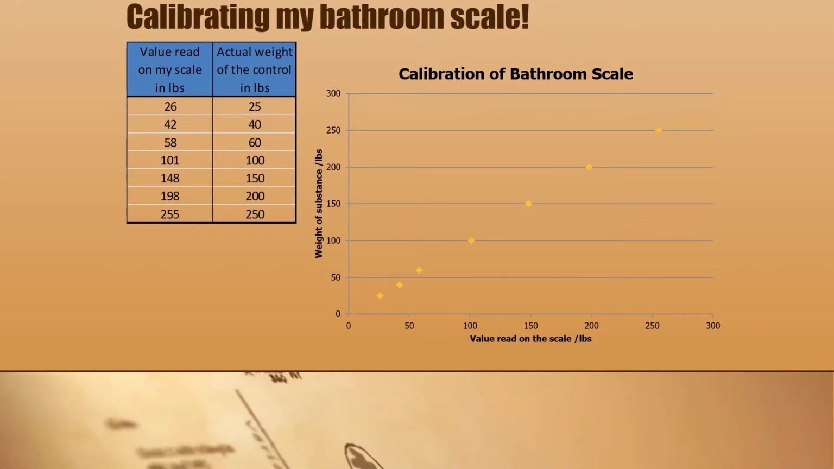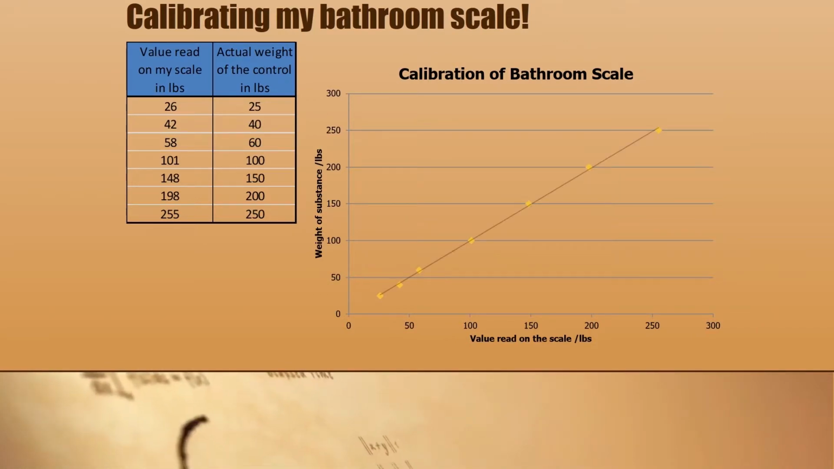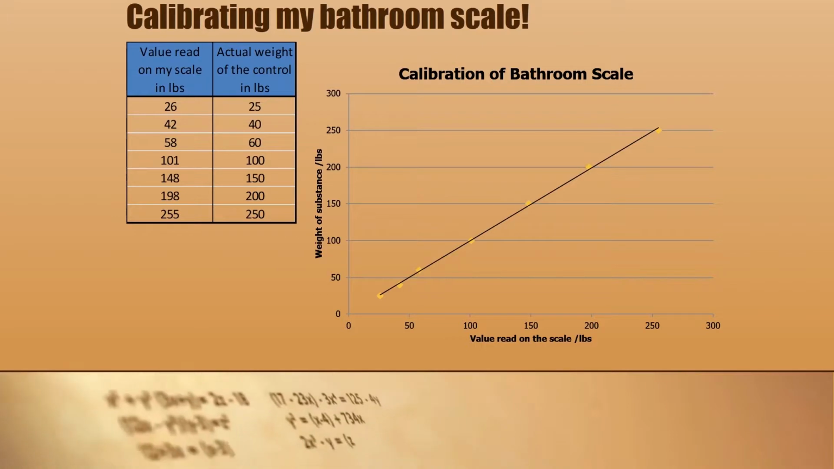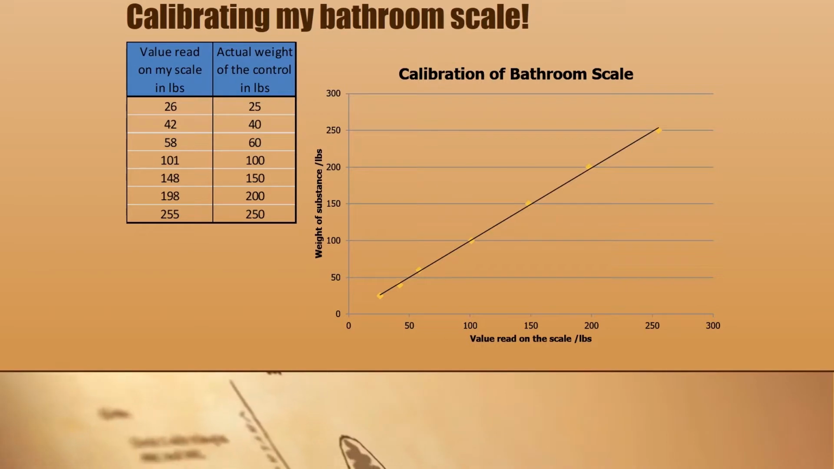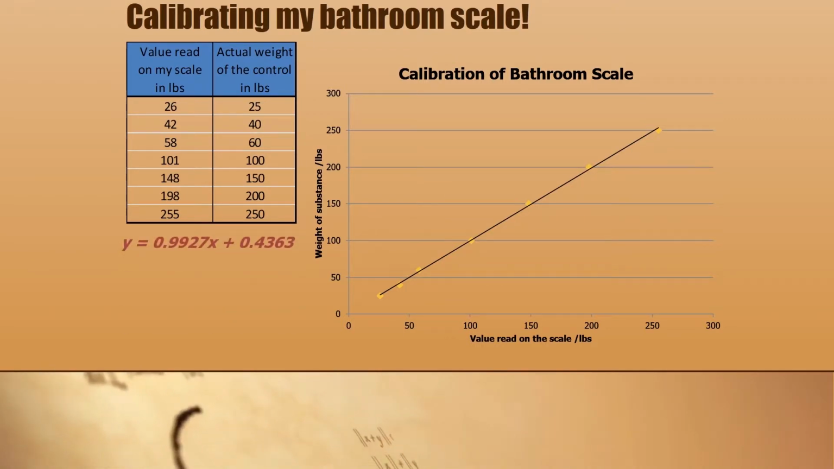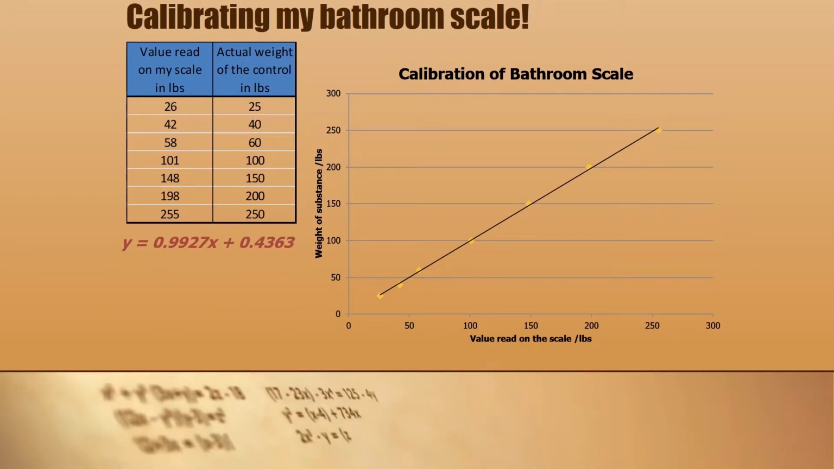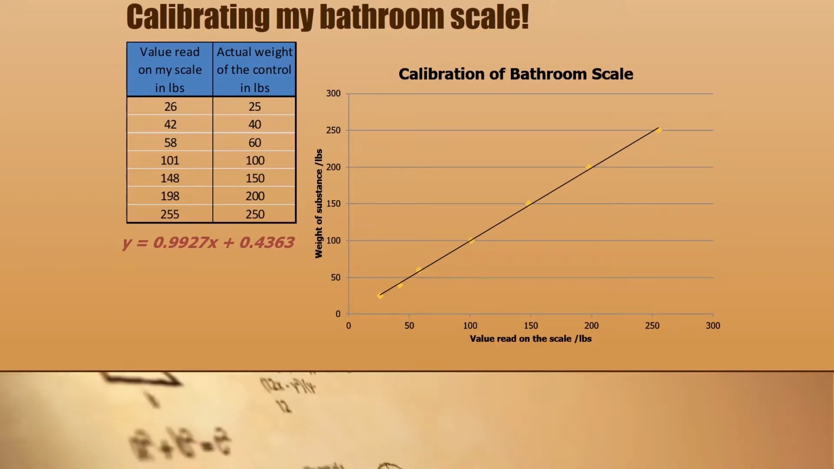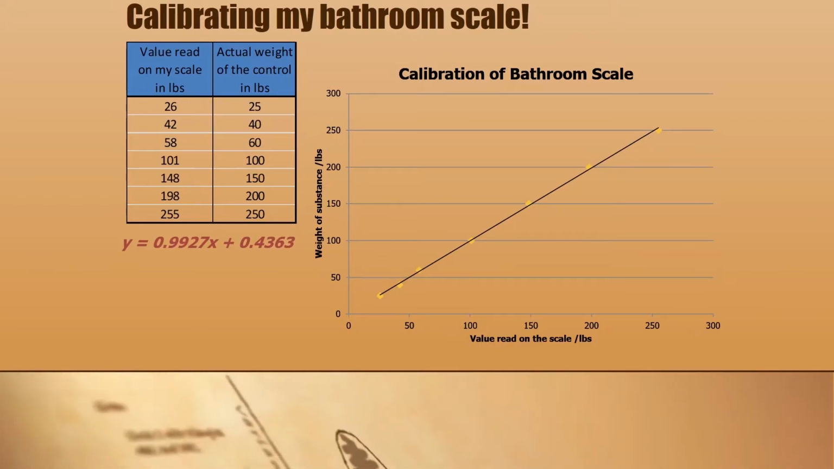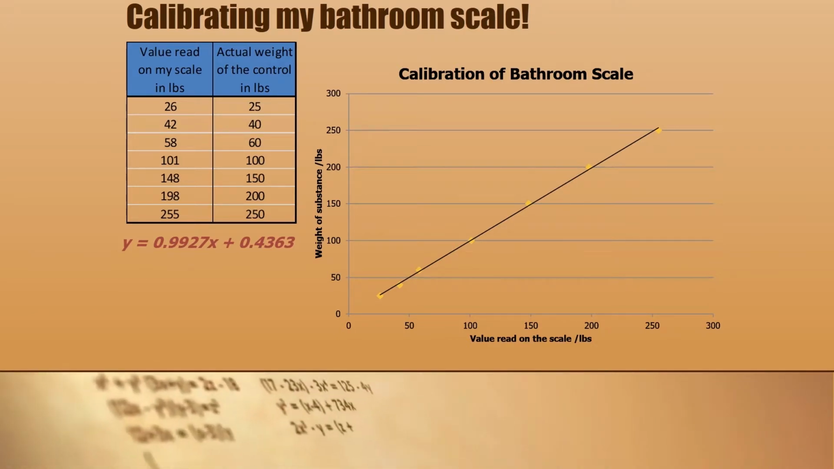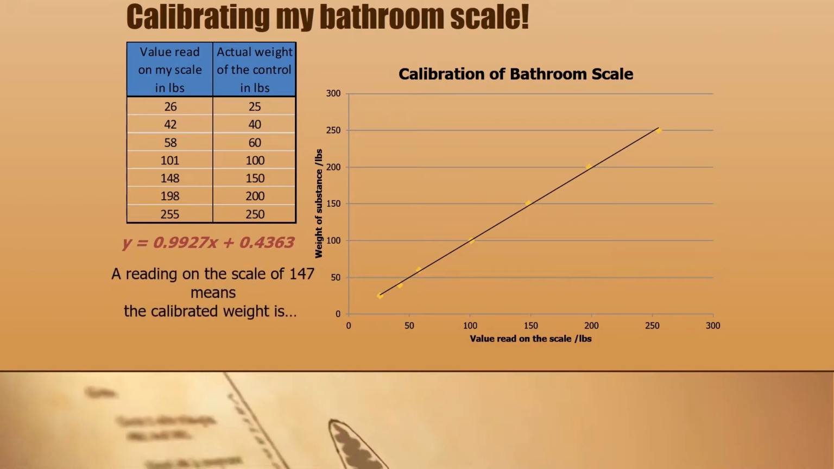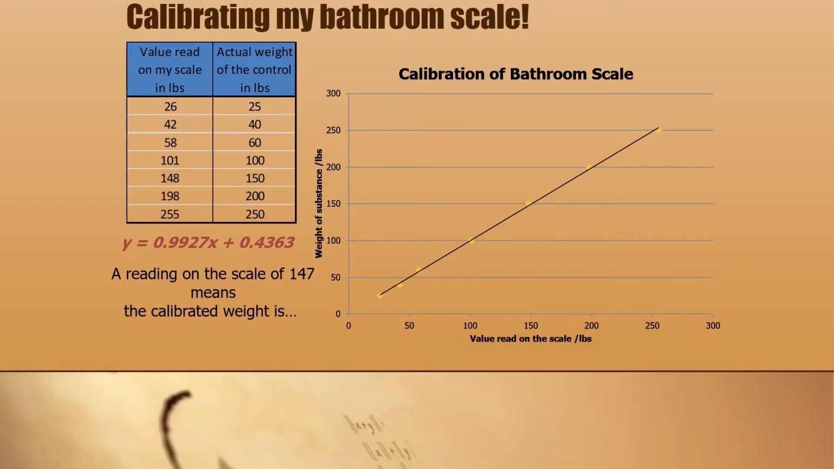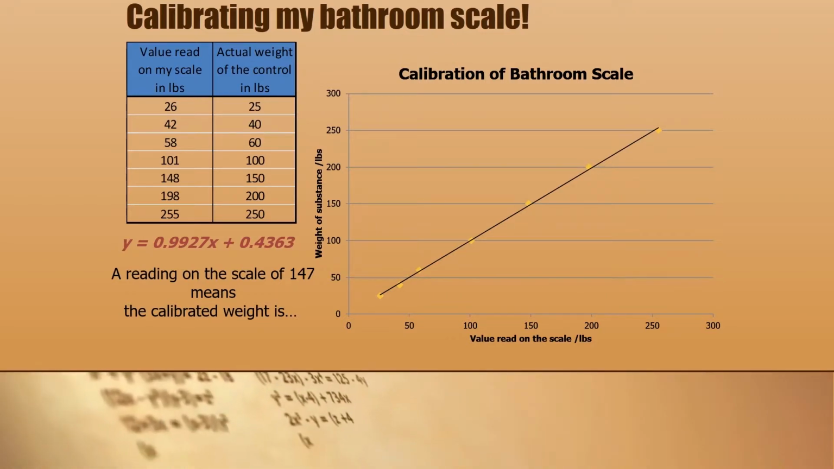It is clear from the data that the correlation is linear, which means that in this example we can fit the data to a line equation. Doing this calculation, the calibration equation is found to be y equals 0.9927, the slope, times x plus 0.4363, the y-intercept. Now, when we take a reading on a scale, let's say the scale reads 147, we can